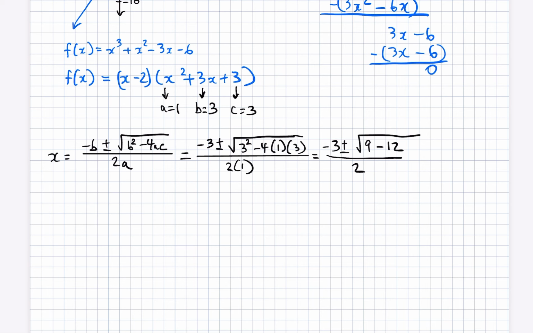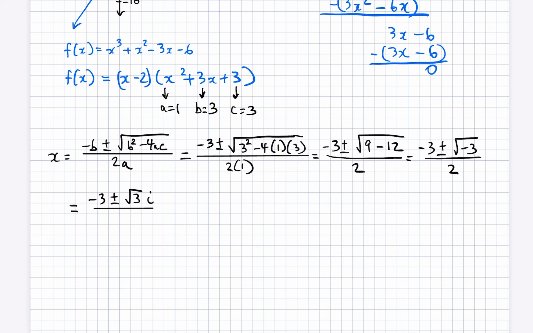Okay, and let's go ahead and delete this a little bit so you have a little room. That's going to equal negative 3 plus or minus the square root of negative 3, all divided by 2. Okay, here we have a square root of a negative number, in this case negative 3, and so we're going to have to replace that with an imaginary number. So that's going to equal negative 3 plus or minus the square root of 3 and then i. Okay, i is the equivalent of the square root of negative 1